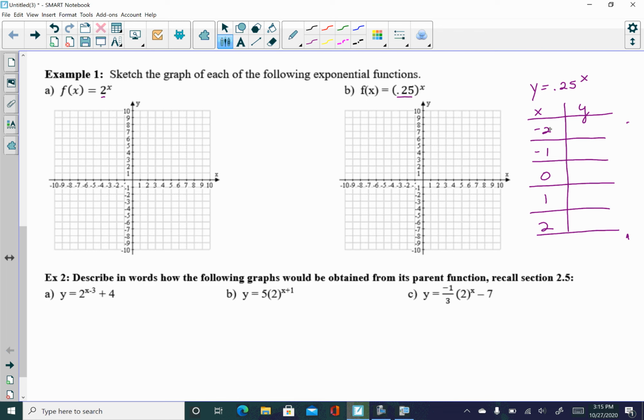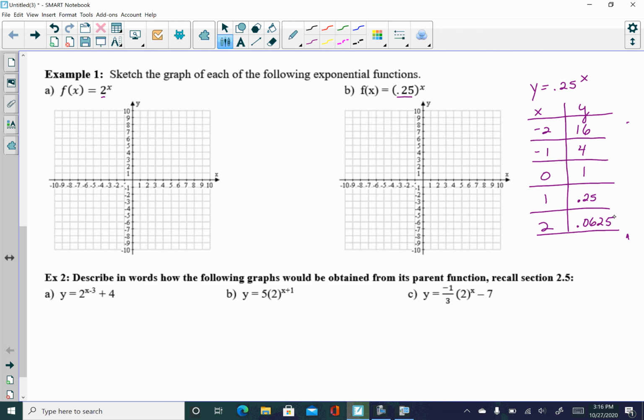So 0.25 raised to the -2 power, typed directly in your calculator, should land you at 16. 0.25 raised to the -1 power should give you 4. 0.25 raised to the 0 power: anything raised to the 0 power is always 1. 0.25 raised to the first power is just 0.25. And the last one, 0.25 squared, will put you at